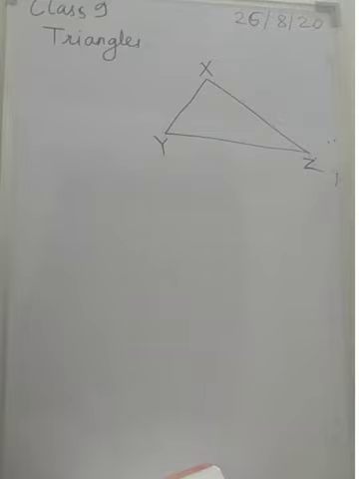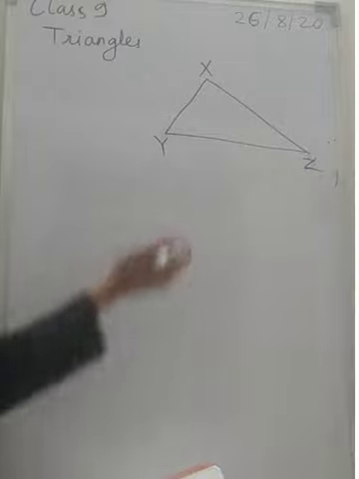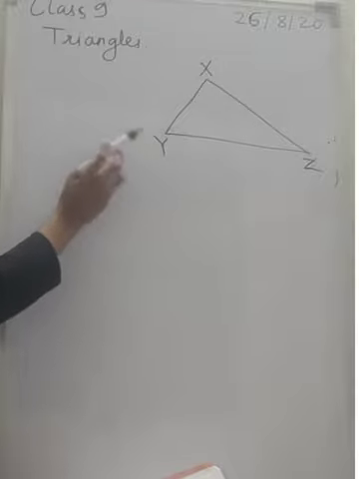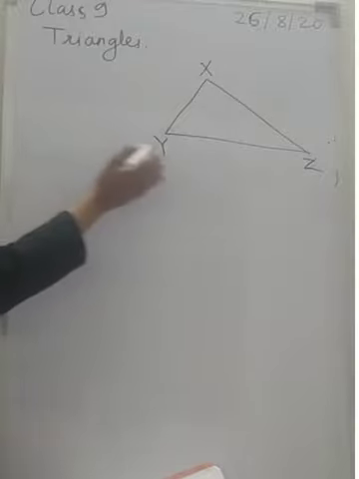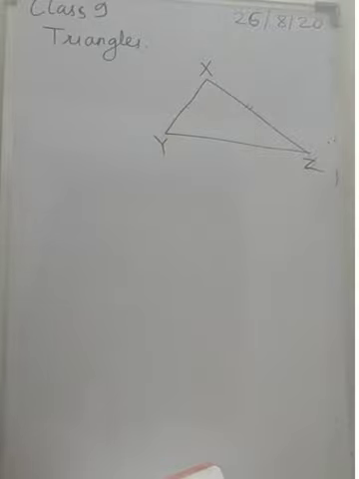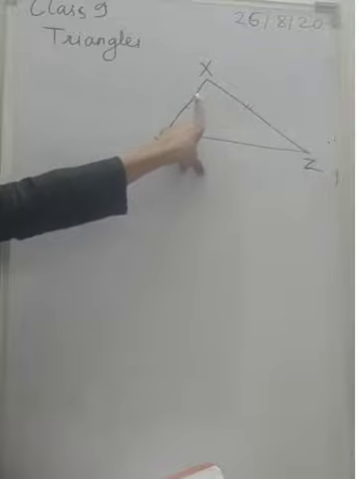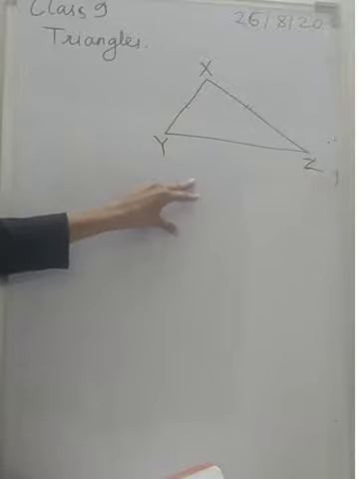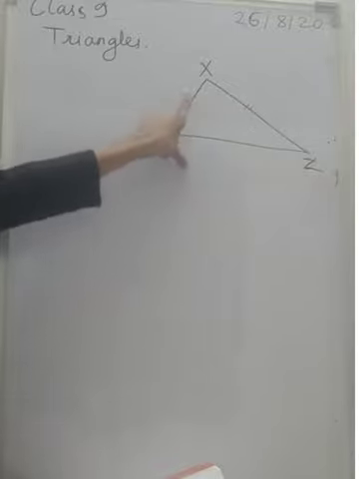Good morning, students. We are learning about triangles, and today we are going to start with the properties of inequalities of sides. Okay, so properties of inequalities. Inequalities means these sides are not equal. So if the two sides of a triangle are unequal, then the angle opposite to them,